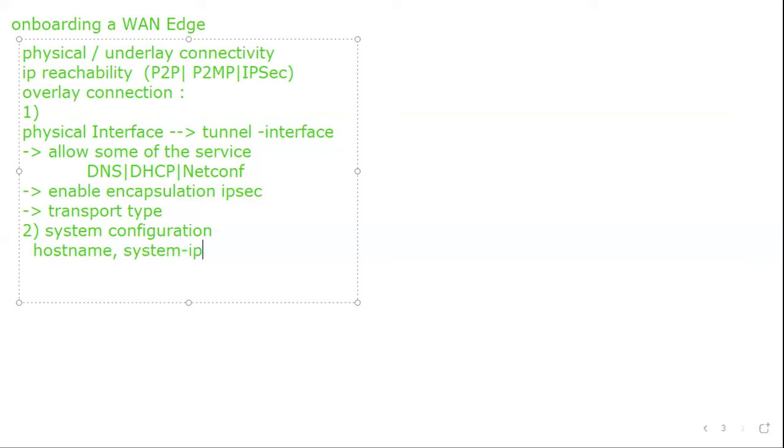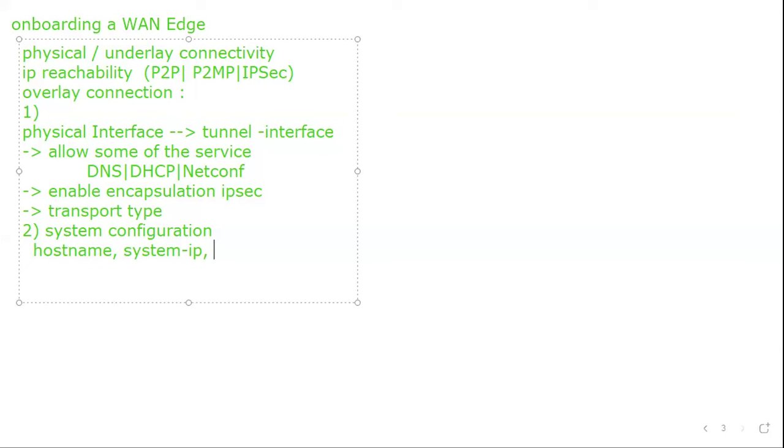What is that system IP? That system IP is actually a router ID, which is not routable and remains with the device itself. It represents the device, like a loopback IP, the way we do it in our traditional network.